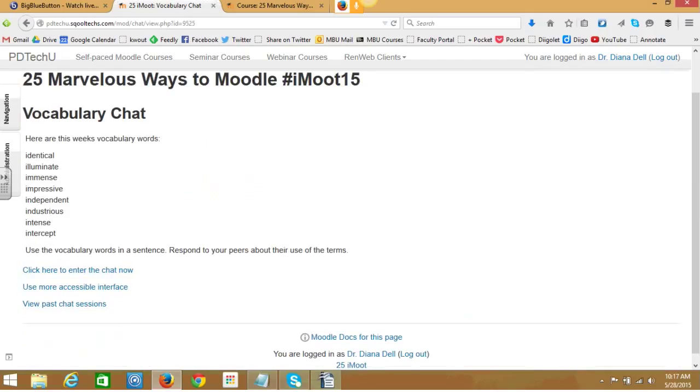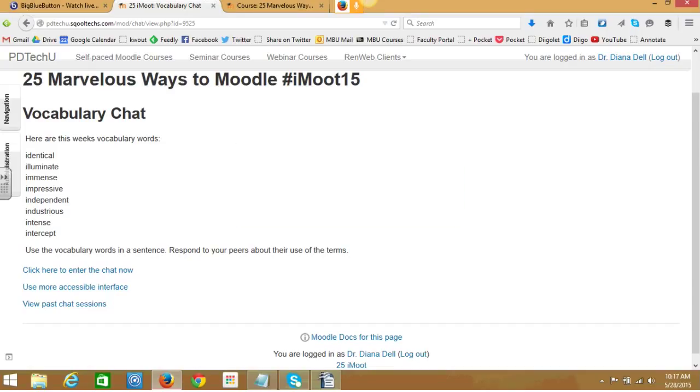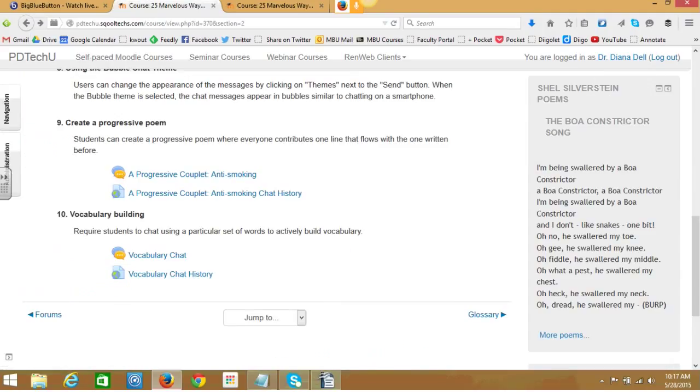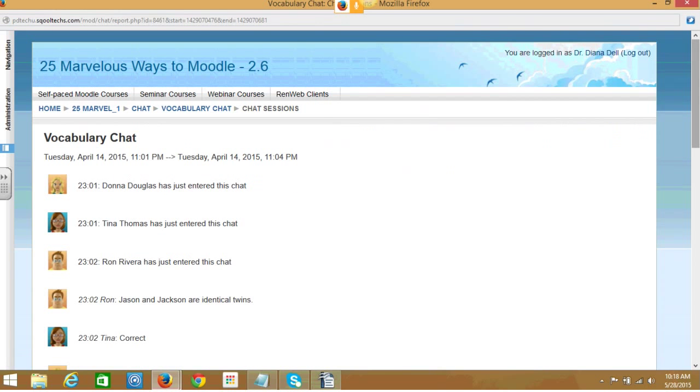here are the vocabulary words for the week, and their job is to use the vocabulary words in sentences and respond to peers about the use of their terms. So they're going to be getting feedback on whether or not they are able to use them correctly. So if you look at the chat history for that, you can see